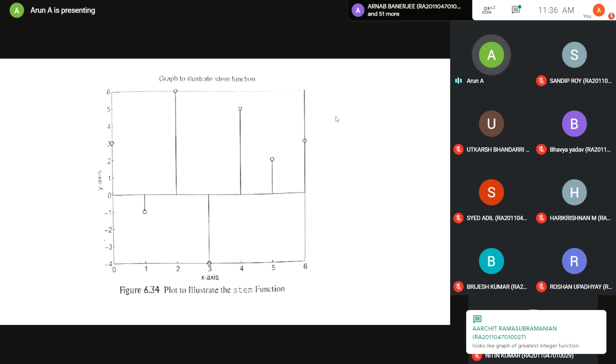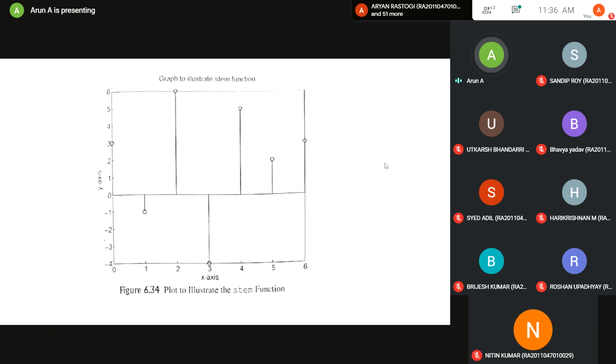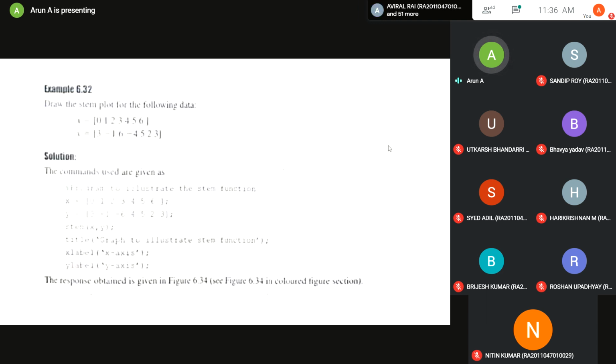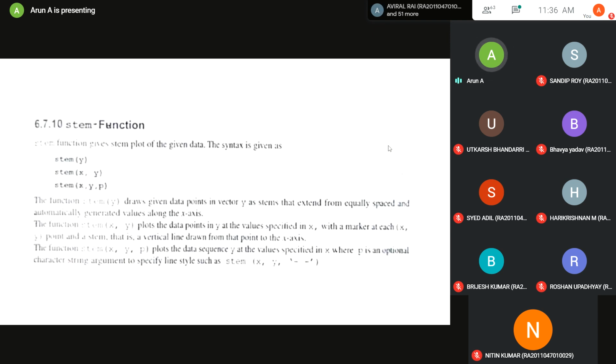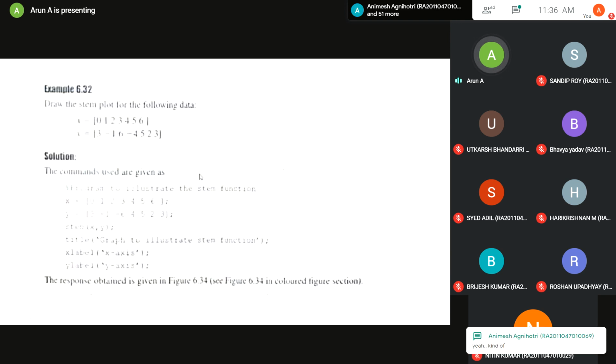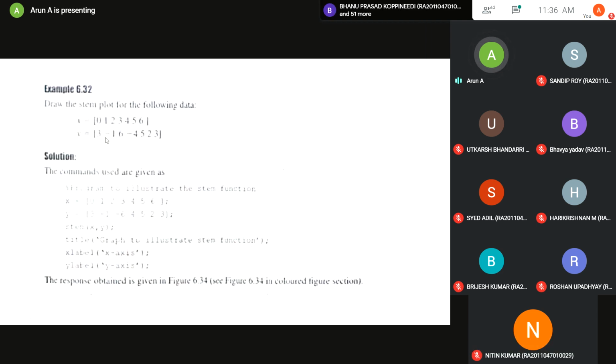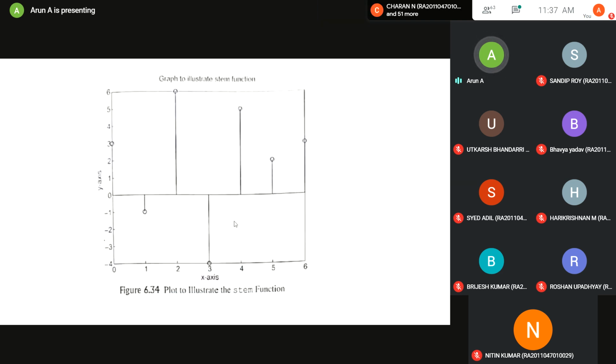You have a word for that. It is called discrete values. I hope you're able to see, isn't it? The values are discrete. Whereas in the plot, it will always be a continuous value. Whereas in the stem, it is a discrete value. Okay, that is a big difference between a plot and a stem. And the syntax is this. You just have to use the keyword stem. And they have given the question. Draw the stem plot for the following data. X is equal to this range value, y is equal to this. So you automatically use the stem command. Once you use the stem command, you'll get this output of stem. Okay, so this will be your output of stem.